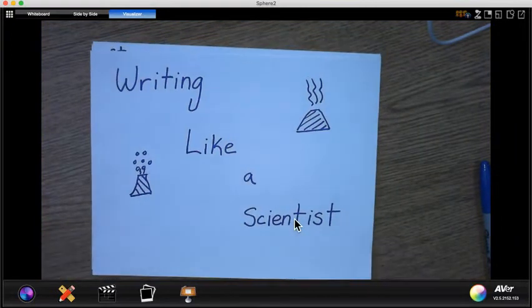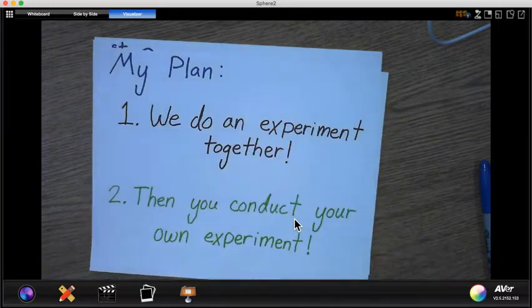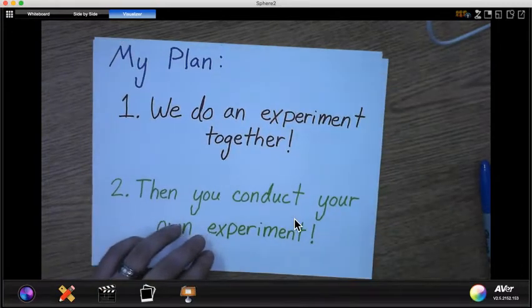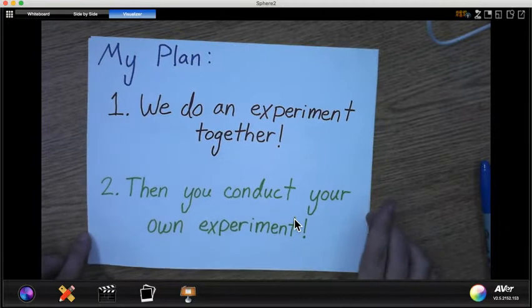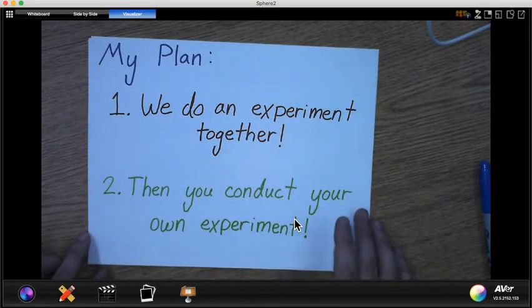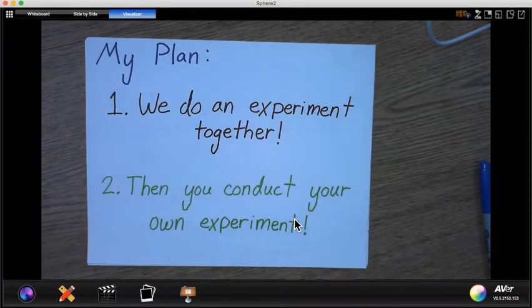We conduct experiments and we use a lab report so that we can show our results, just like real scientists do. And we're going to record what we expect to happen and what exactly does happen. So this is our giant plan. First, we're going to do an experiment together. That's what part of this video is all about, is we're getting ready to just do one together as a